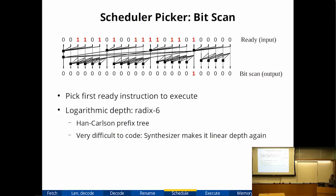So the circuit that I came up with is based on some past work on adders. It's a prefix tree that's logarithmic in depth. Anyway, it's called a Han-Carlson prefix tree. It's used in adders. The end result is basically that this structure, instead of being linear in delay, it becomes